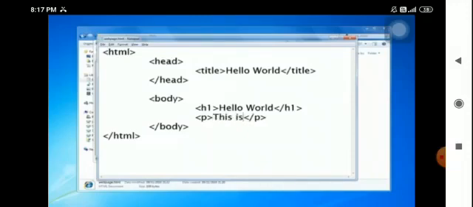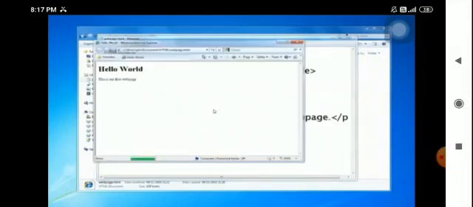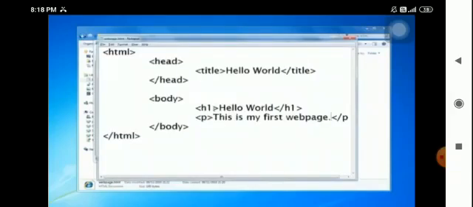If we save it and refresh the page, we get the paragraph text. Because we use the paragraph tag, the web browser automatically sets the line spacing. If you want another paragraph, it is as simple as adding more P tags. If I just do that, you see just another paragraph, and again it adjusts the line spacing. You can add images also here. Clear about this? How to create it?